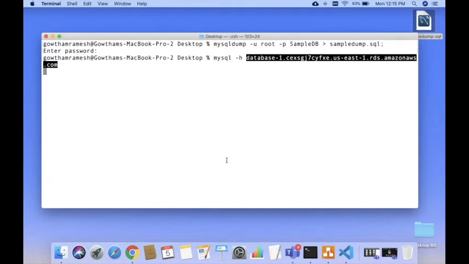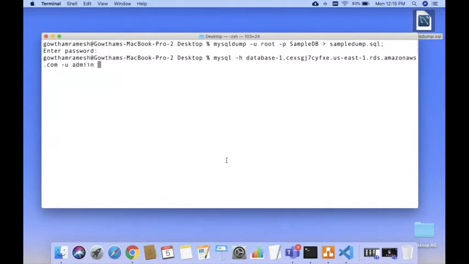I want to replicate it in the AWS RDS, so I'm giving the endpoint address of the AWS RDS, followed by username, the username which you supplied in the remote database. The username which I supplied in the remote RDS is admin, the default username in AWS RDS. Supply the password.